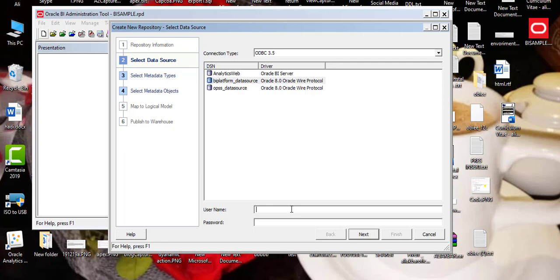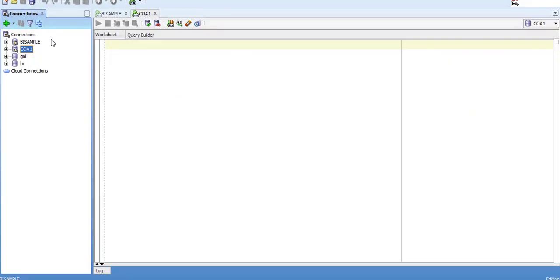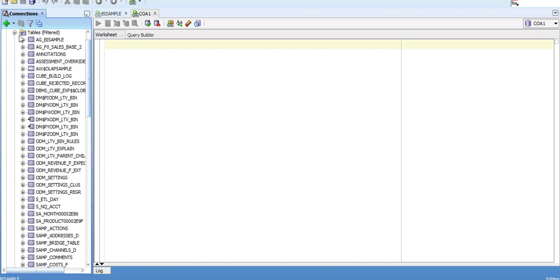So I'm showing you that user. I'm going to Oracle SQL Developer, using this user in our tutorial. You can see all the tables.